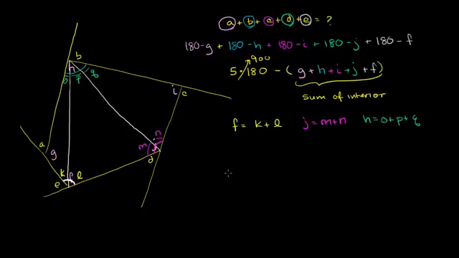And the reason why that's interesting is now we can write the sum of these interior angles as the sum of a bunch of angles that are part of these triangles. And then we could use the fact that for any one triangle, they add up to 180 degrees. So let's do that. This expression right over here is going to be G. G is that angle right over here. We didn't make any substitutions. Actually, let me write the whole thing. So we have 900 minus, and I'm not making a substitution for G, so I can write G plus, and instead of an H, I can write that H is O plus P plus Q, plus O plus P plus Q,